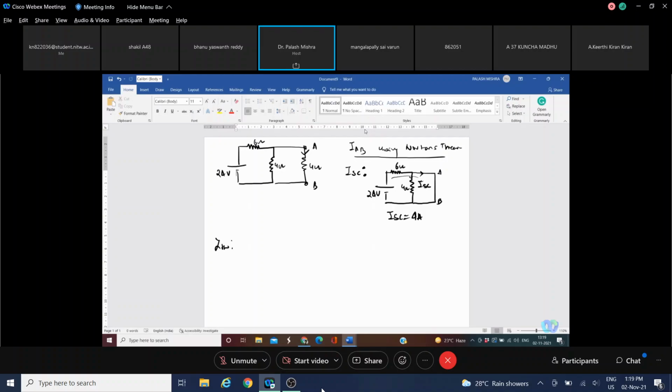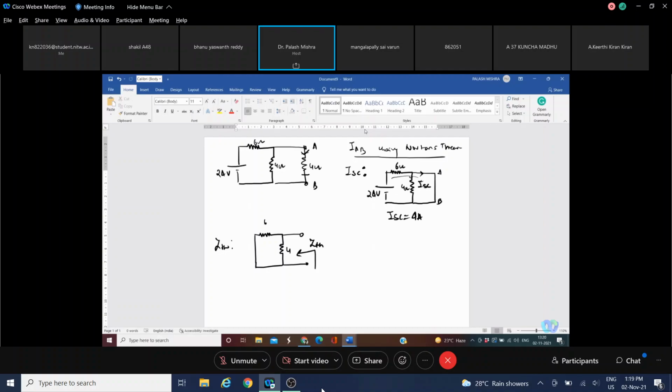Now you have to find out the value of ZTH. So what you have to do, you have to remove this element and take it as an open circuit and deactivate all the sources to find the value of ZTH. So this is short circuited. This is 6 ohms. This is 4 ohms. And this is now open circuited. Now please tell the value of equivalent resistance or ZTH, what we call. I am calling it as ZTH because there may be inductor also in the circuit.